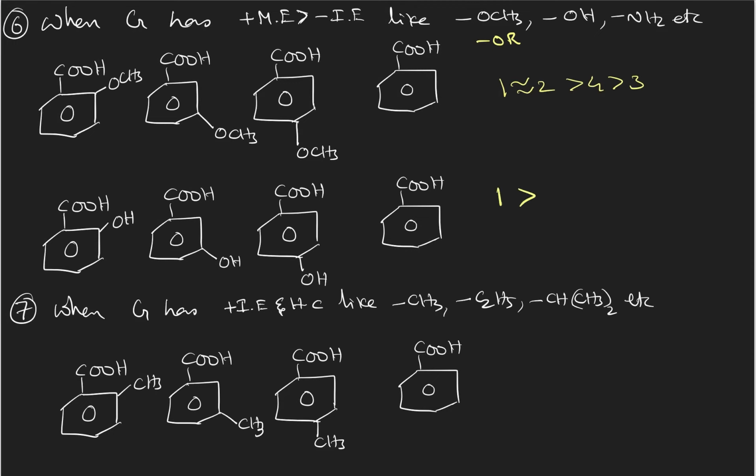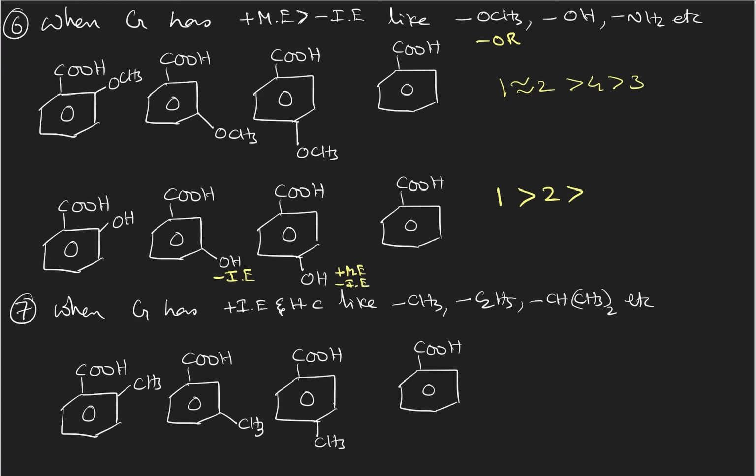And then let us compare between second, third and fourth. In second, OH is at a meta position that it is a negative inductive effect group. No mesomeric effect at meta position. And OH being at a para position, there will be positive mesomeric effect and negligible negative inductive effect because of more distance. So second compound is better than third and fourth compound because it is having negative inductive effect group.